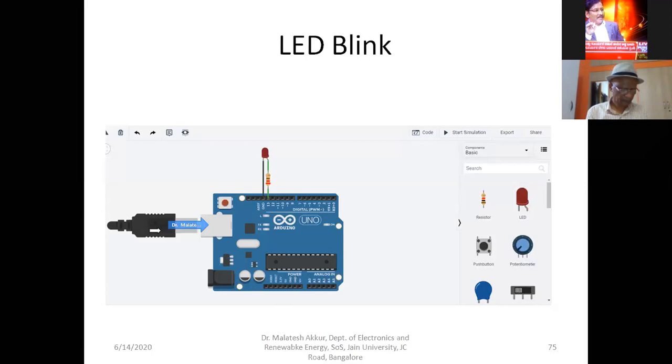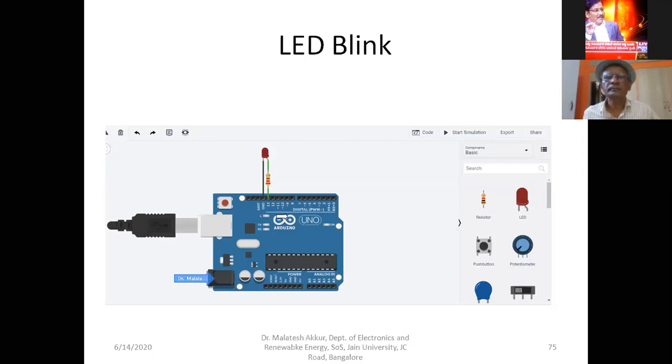Once we connect this USB port, there is no need of connecting this DC power supply. Once we transfer the code to the IC, later we can disconnect this and connect the 9 volts battery for this, and it keeps on running the program.